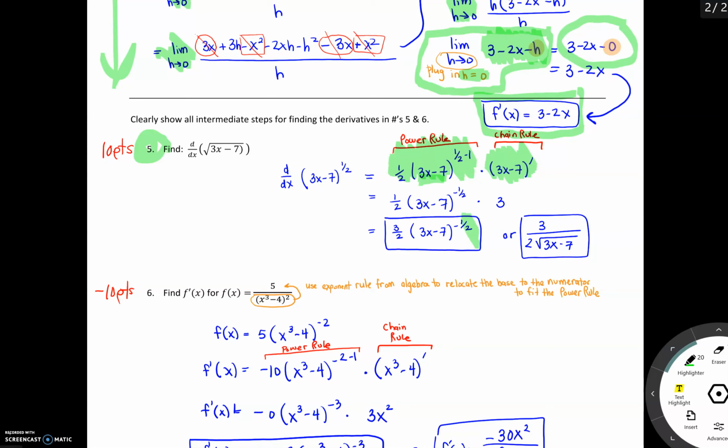And then there's different ways to write your simplified answer. I used a negative exponent, but you could rewrite it to use root notation since that's what your original function used in 5. Okay, if you have any questions about how your work was graded, shoot me an email, and